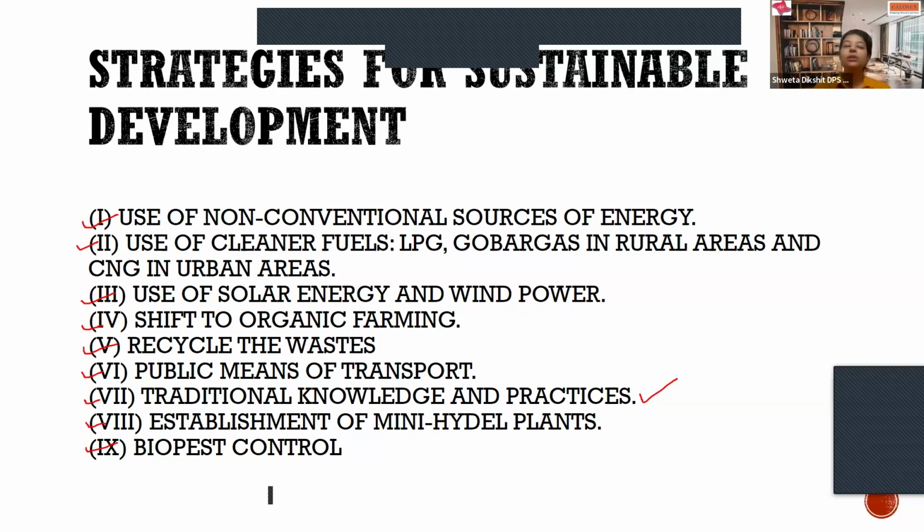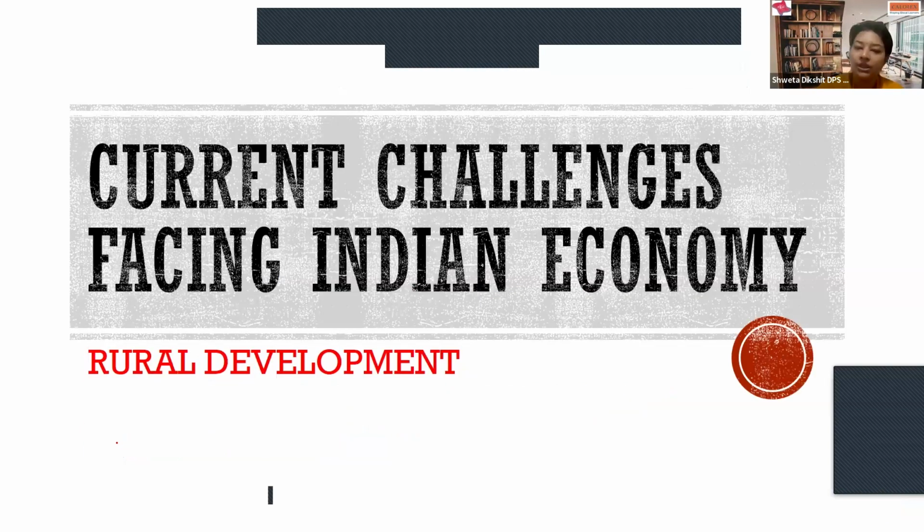Proceeding towards the next and one of the most important topics of this unit, that is rural development. Rural development not only comprises multiple one markers but also multiple long answers. From the previous chapter, I counted some of the one markers. I would like to remind you of the Montreal Protocol. I would like to remind you of ozone layer depletion. Other than that, we talked about carrying capacity, absorptive capacity. They are all the one markers which are possibly asked.